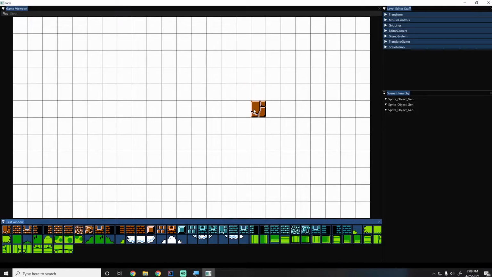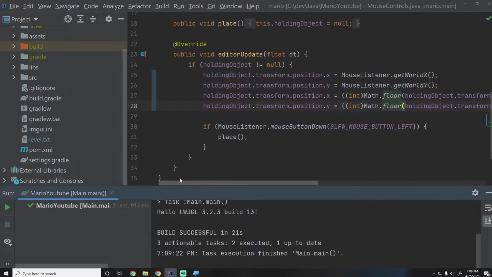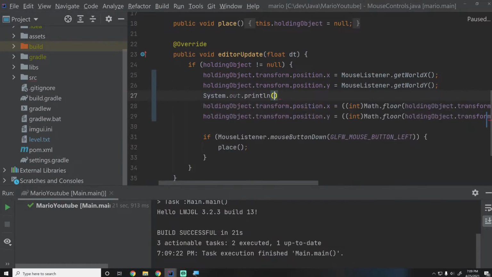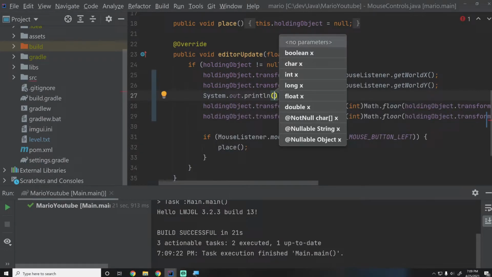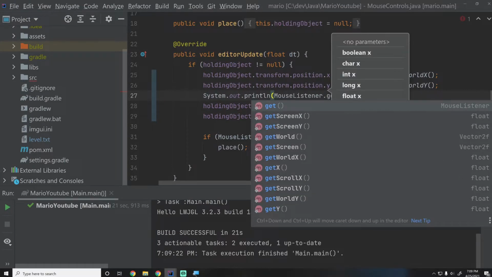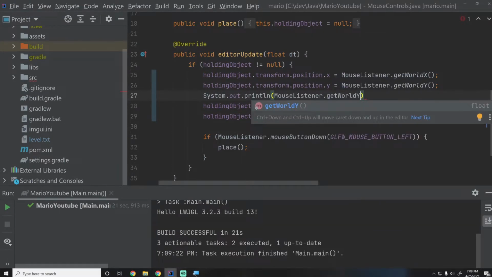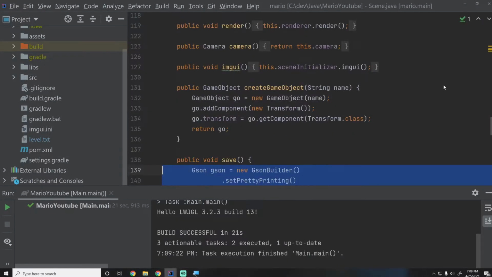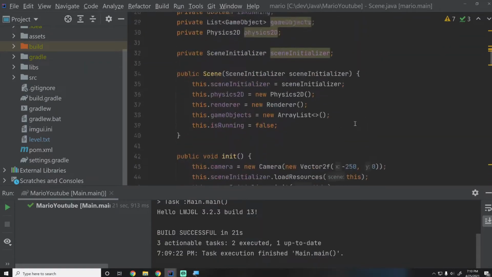And the Y coordinates are not. If you notice, it's like halfway between it. And why is that? Well, there's something weird going on, right? Let's go ahead and just first of all check one thing, right? If we go ahead and print out mouse listener.get world Y, and I'm showing you this because this is sort of how I debugged, right? And then if we go into our scene, just to make sure we know where the camera is located in the world,